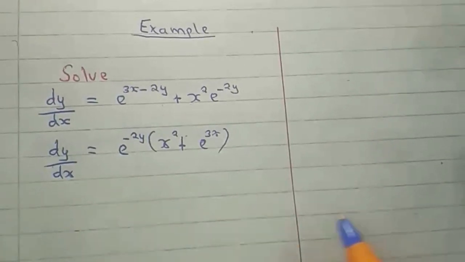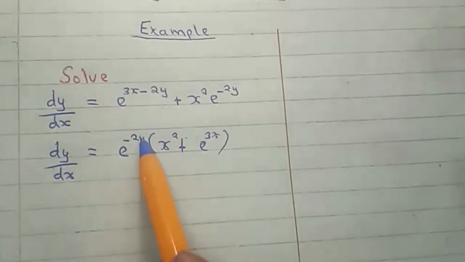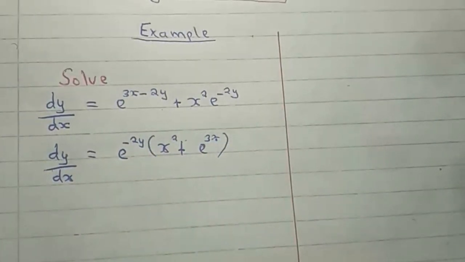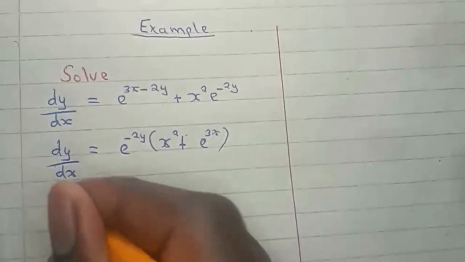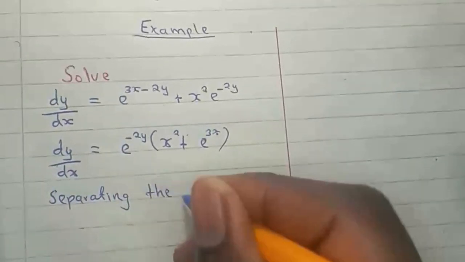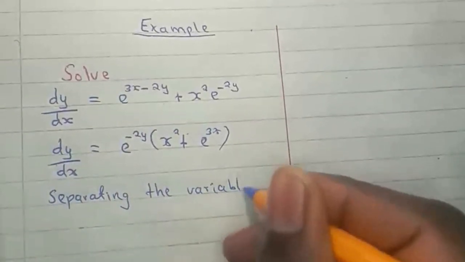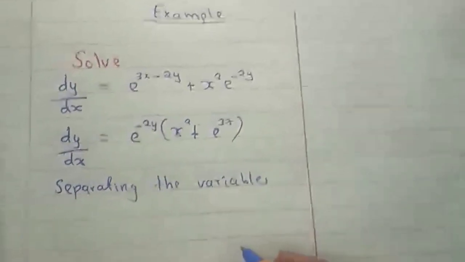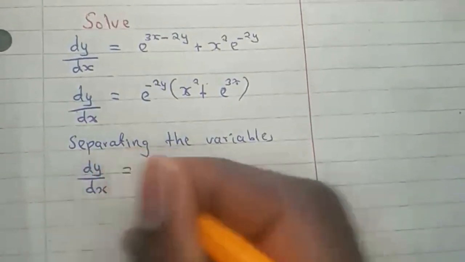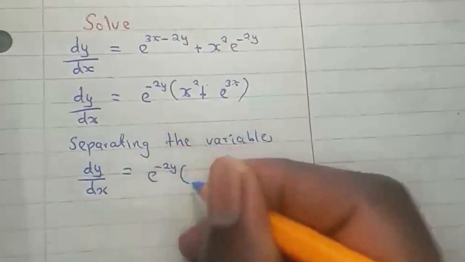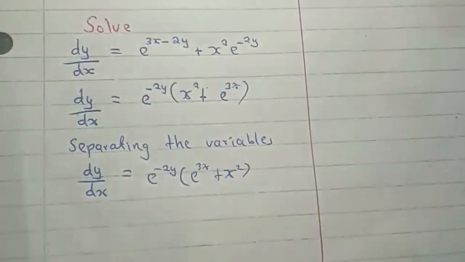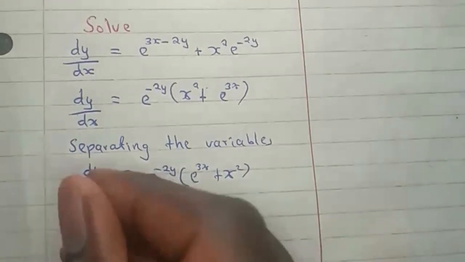Now, from the equation we have terms which contain y and terms which contain x. We are supposed to separate the variables. Now, separating the variables, we'll multiply both sides by dx. Since it is dy/dx = e^(-2y) (e^(3x) + x²), we multiply both sides by dx,